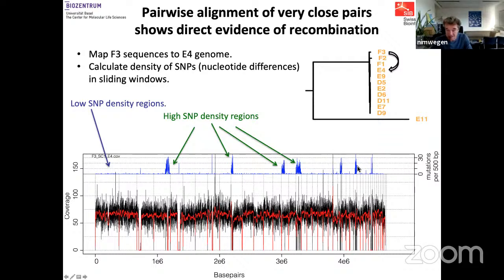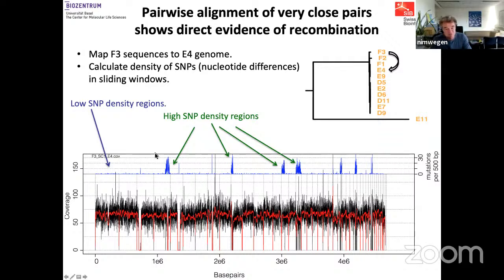And in fact, the SNP density in these regions is basically the typical divergence between pairs of E. coli strains. So for most of these genomes, these guys are very close compared to a typical difference of two E. coli's. But in these regions, they are as distal as random E. coli's. And so it's hard to imagine that this is anything else than that these blocks correspond to segments that were homologously recombined from another strain of E. coli into one of these strains.